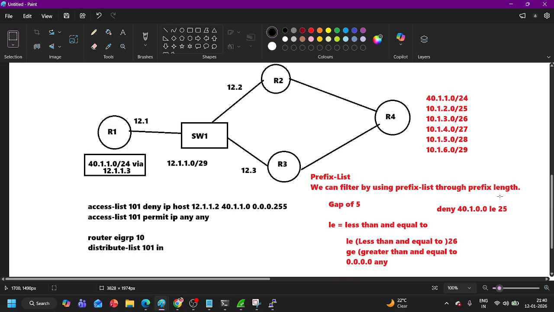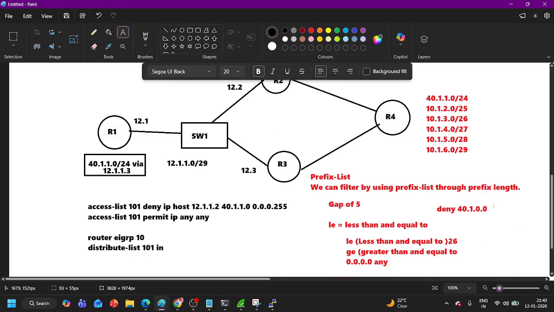Let's say this is my statement only. Less than 25. Then will it filter this one? Yes. Less than and equal to /25 will be filtered. /24, yes, it will also be filtered. /26 will not be filtered. And if I am saying here greater than 25, how many prefixes will be filtered? From 25 to 29, all these prefixes will be